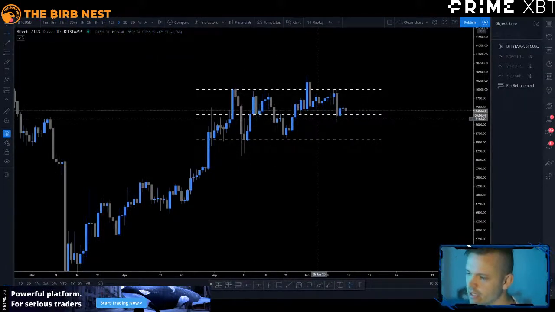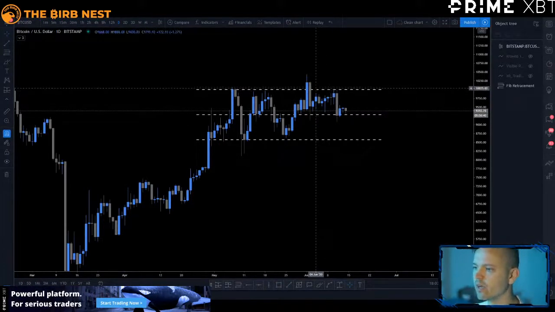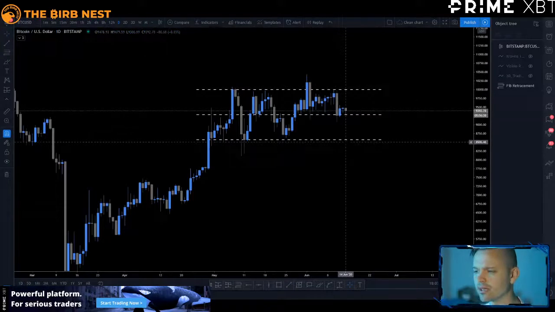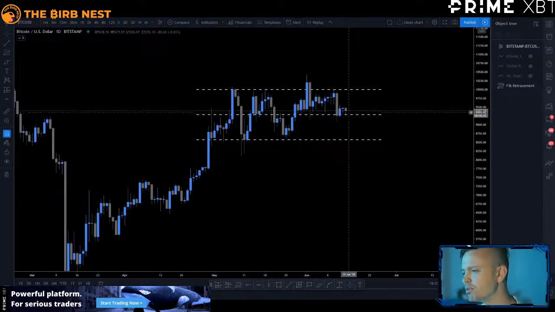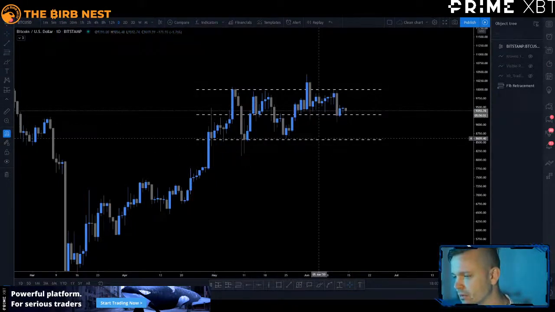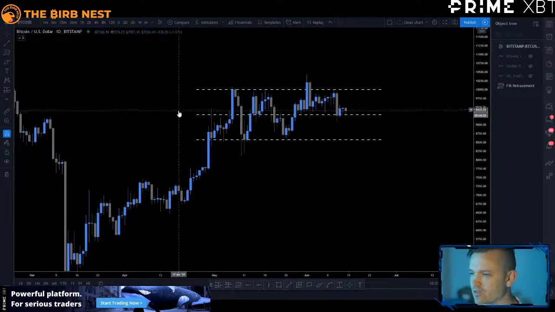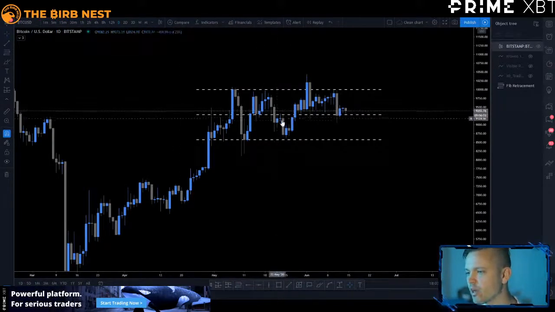And when drawing my ranges, I really do care a lot about the range EQ. Most of the time I put more weight on the EQ area compared to the range high and range low. I like for price to really have decent reactions to the area around range EQ,